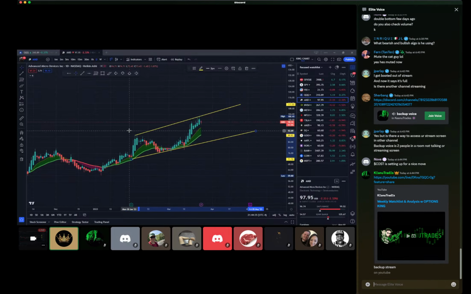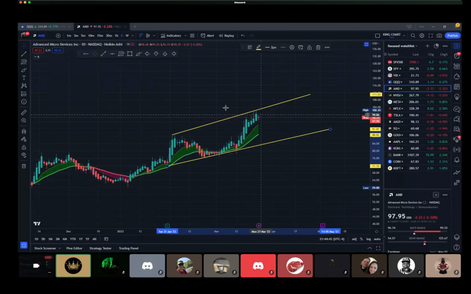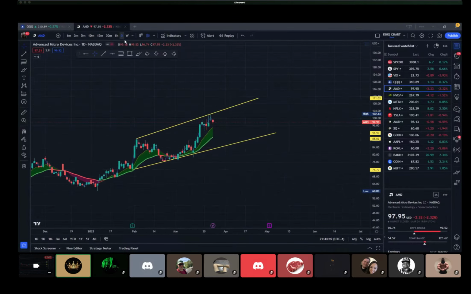And the reason I chose these lines was again because of the rejection. Got one rejection here, two rejections here. That's three. And follow that nice rejection on the downside. And again, this is using Heikin Ashi type candles. You can use your regular candles too. Sometimes the Heikin Ashi are clearer.